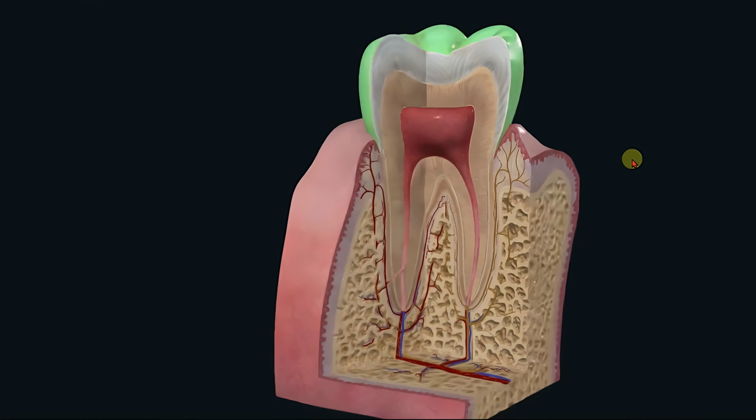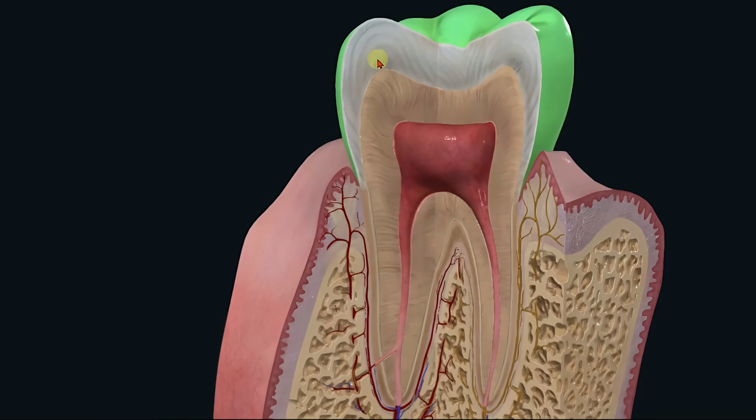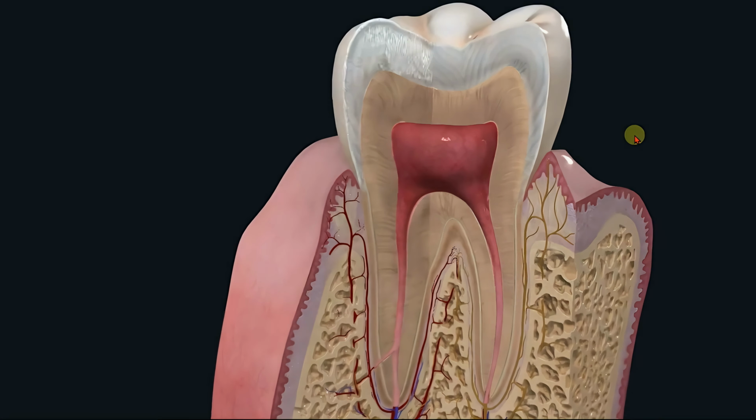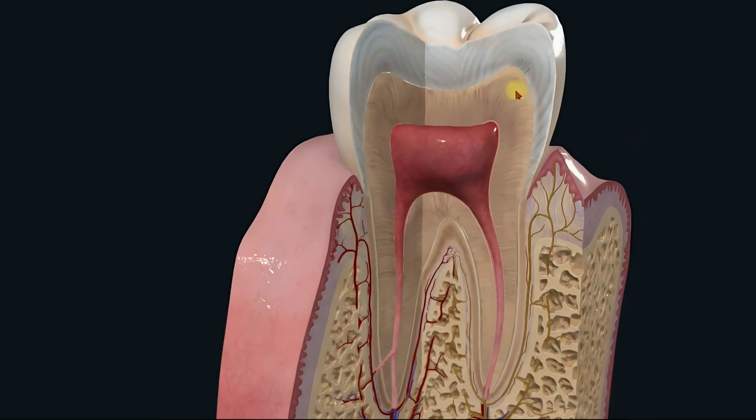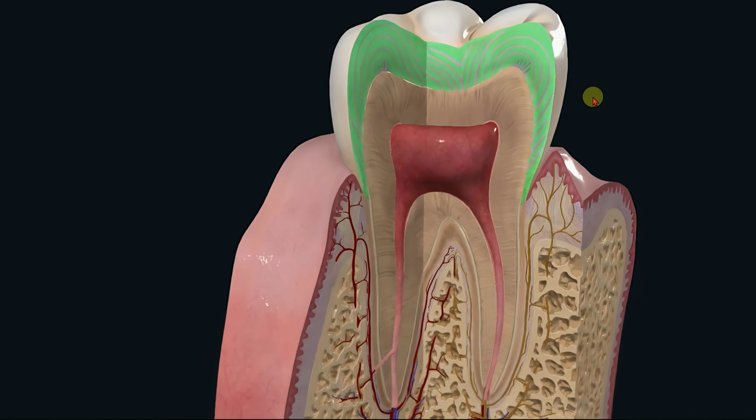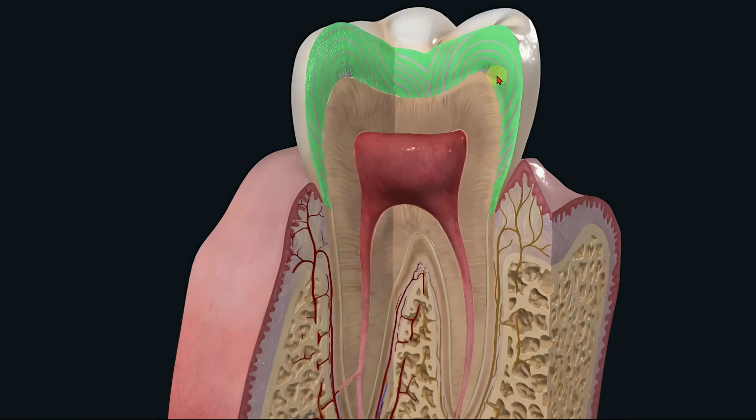Now, if we look at it from this cross-section view, it's like we've cut away a part of the tooth. After doing that, we can take a closer look. So, what exactly makes up a tooth? Let's start with the first part. The very outermost part of the whole tooth, this outer layer, specifically here on the crown, this area I've highlighted in green, is called enamel. We're all pretty familiar with this.